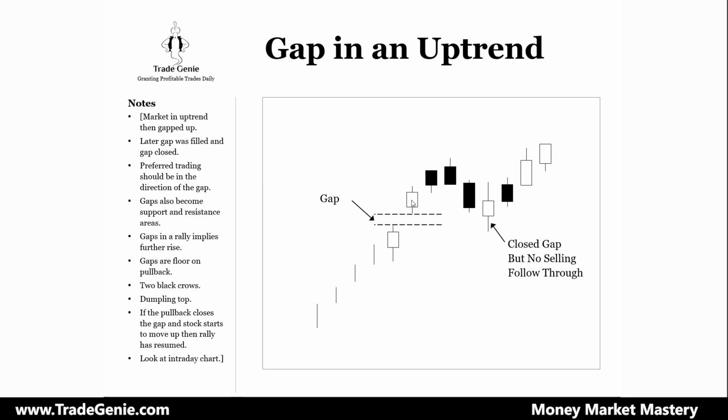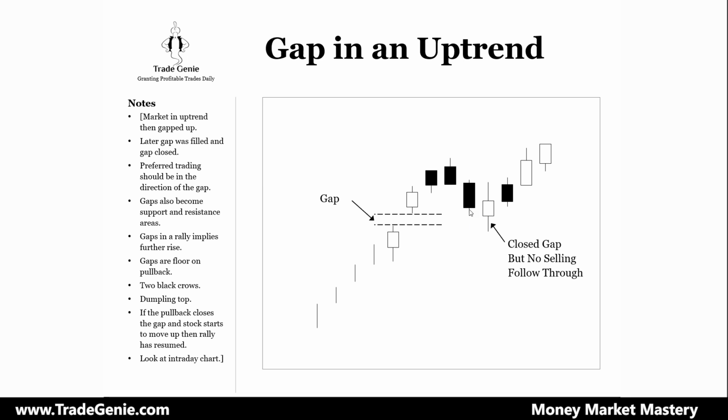After the market gaps up, there are two days of pullback. You can say the market tried. Actually, the market gapped up again. So there's this gap that occurred right here. The market gapped up, and then this market pulled back. So again, another black candle. These are the resistance levels. The market pulled back, and then on the third day the market pulled back again.